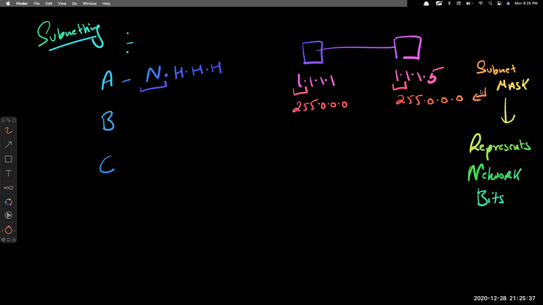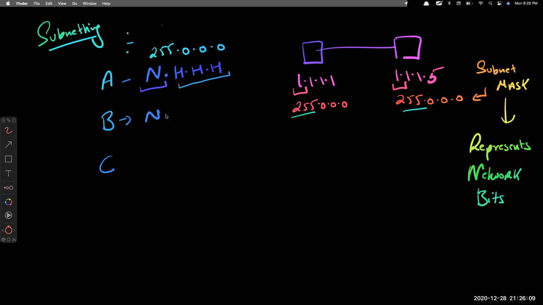Yeah, Hemant, definitely. Okay, so this 255 is representing that I need to match how many parts? Only the first part. So class A is known as 255.0.0.0 also. That is the default subnet mask of class A. It is representing that only the first part is network and all the rest is host. All the rest being host means in class A we can assign a lot of IP addresses.